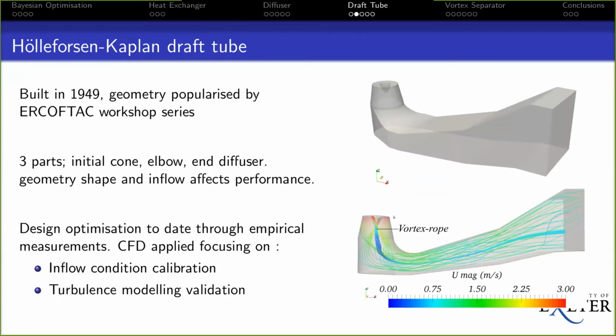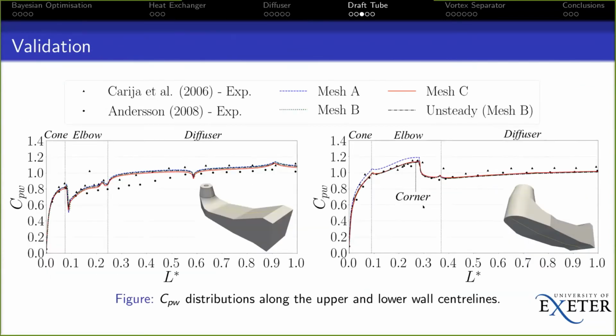In optimization terms, we can split the geometry into an inlet cone, taking the outlet from the turbine, an elbow, and a diffuser. And most optimizations, in fact, we think all optimizations thus far have attempted to optimize one of these elements, whereas we are trying to optimize all of them. Now, to have any kind of